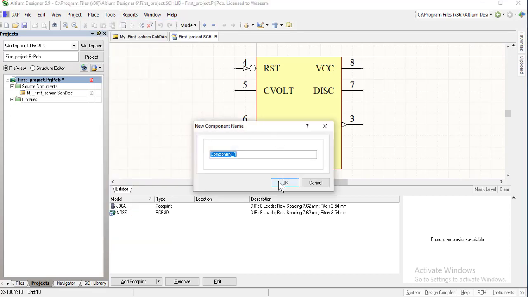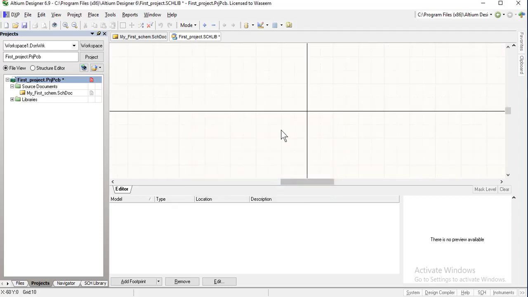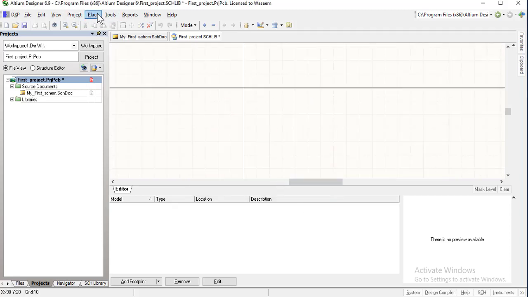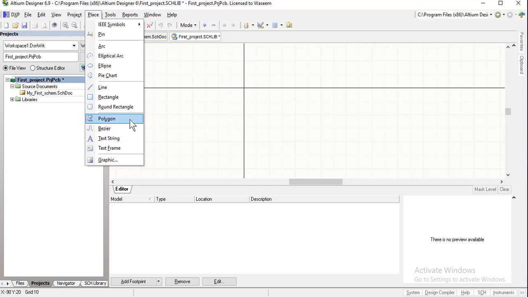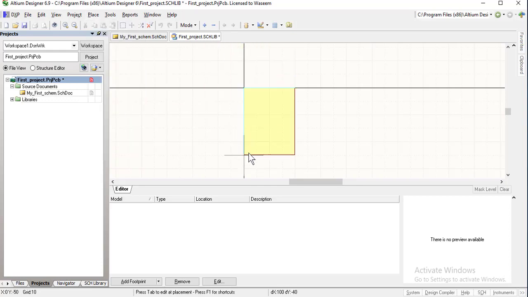For example, we name it LM78AB. Now, for example, the required component is an IC. So the IC is represented by a rectangular box. So we have created a rectangular box.